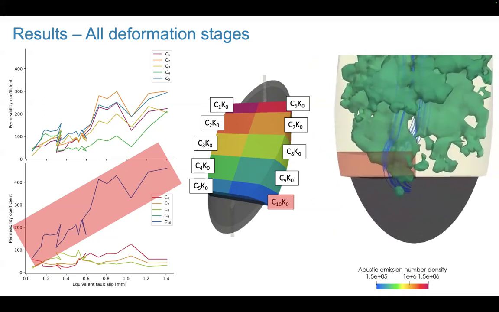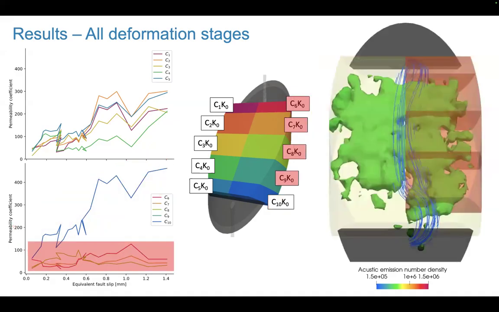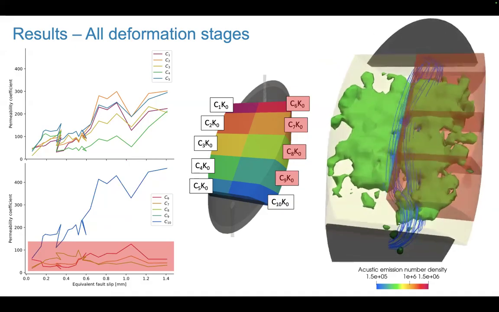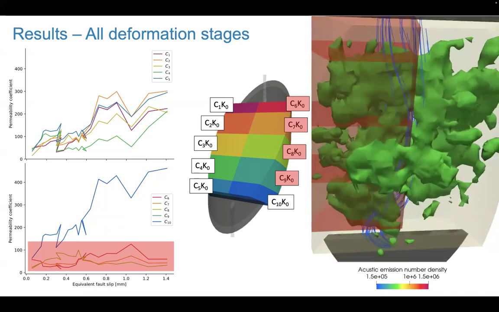So it makes sense that the flow of fluid wants to pass through that cell, let's say cell 10, and so that particular cell has higher permeability. And then if we observe the permeability of cells 6, 7, 8, and 9, they have a lower permeability compared to the other cells. And again, by observing the acoustic emission density field, we can see that although there is